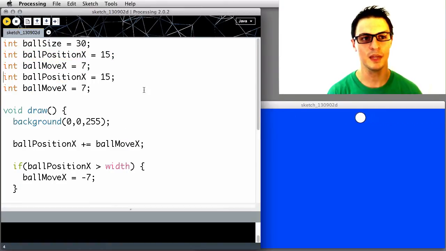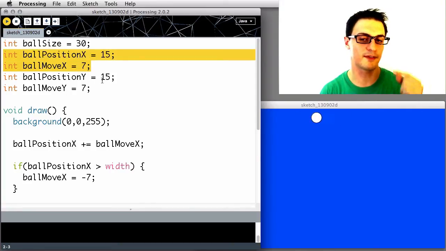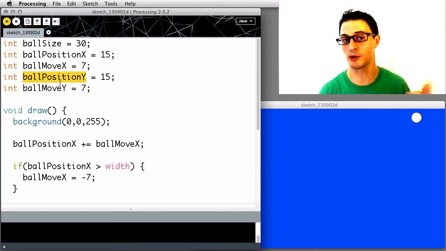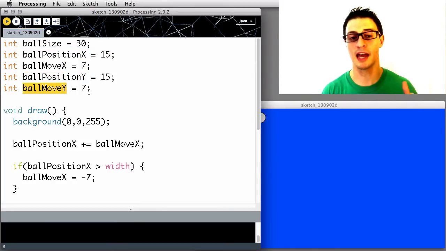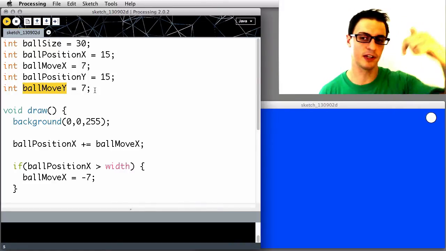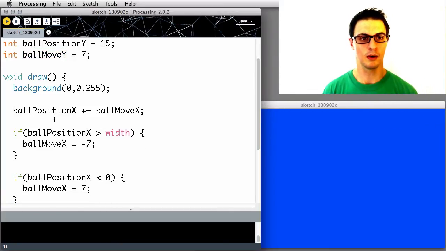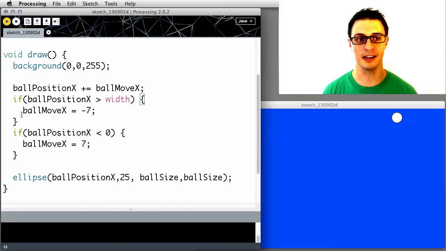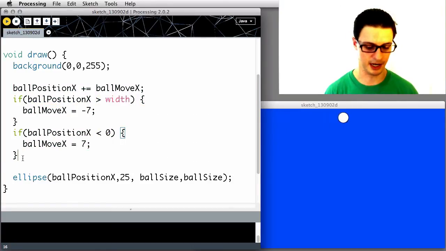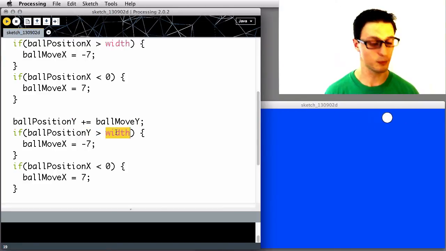So, an easy way to get the X and Y movement doing the same kind of things is to, well, basically duplicate it. We know we're going to have to change the Y position, so we're going to need a ball position Y variable. We're going to change the heading of it, so we're now going to need a ball move Y or ball velocity Y variable as well, so that it can be heading one direction and then change when it exceeds the other boundary. We can probably suspect it's going to look a lot like our ball X code, and we'd be right about that. I'm actually just going to duplicate it, replace those X's with Y's, replace that width with height,